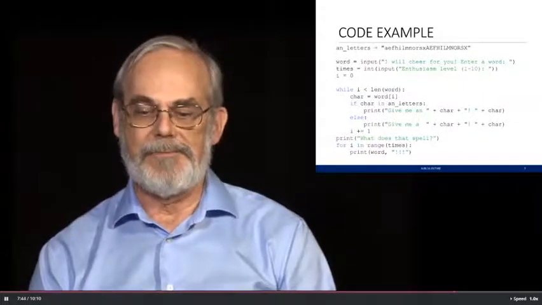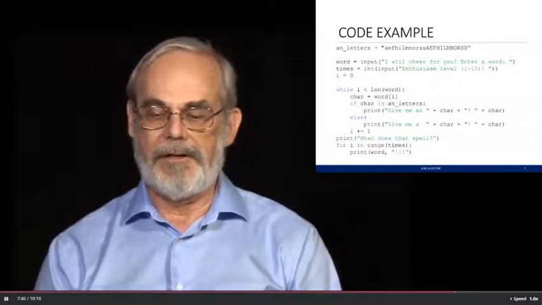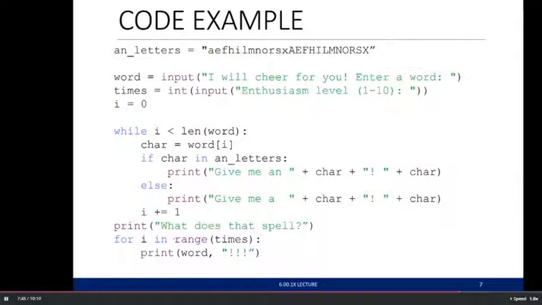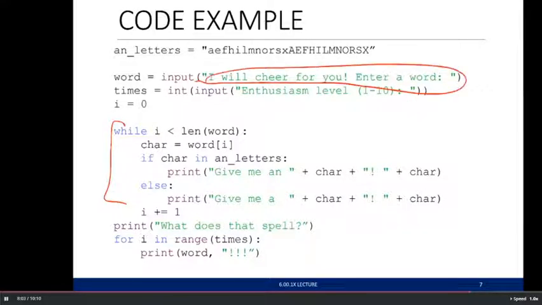Let me give you one last example, sort of a fun example. I'm going to set up a little loop that is going to run over basically a set of words. I've got a little while loop here. I'm going to input a word based on some input I give there.